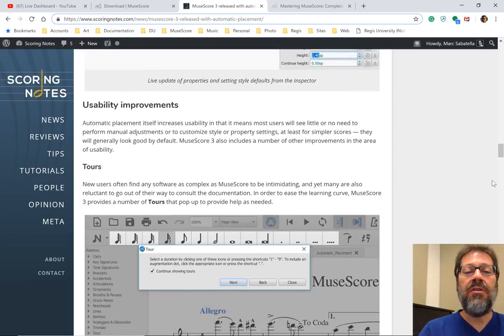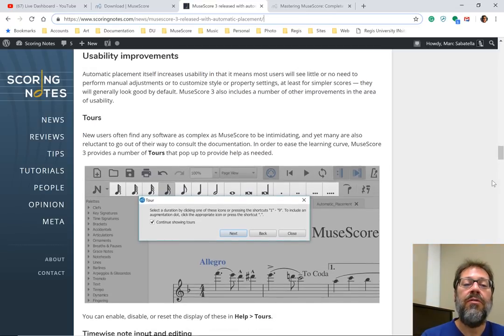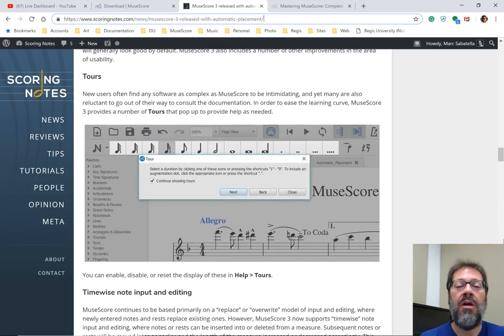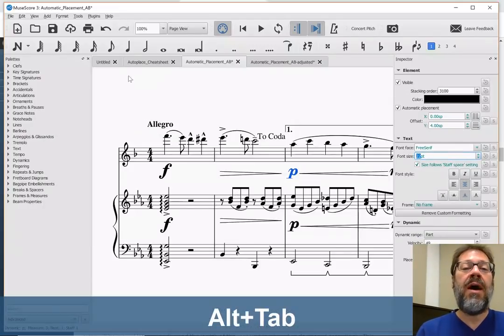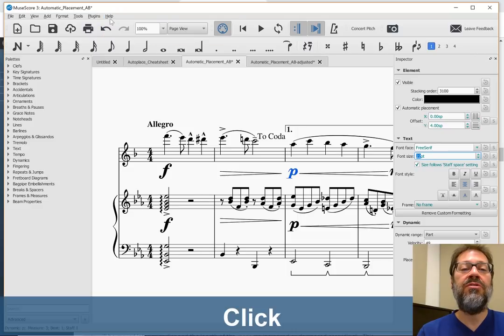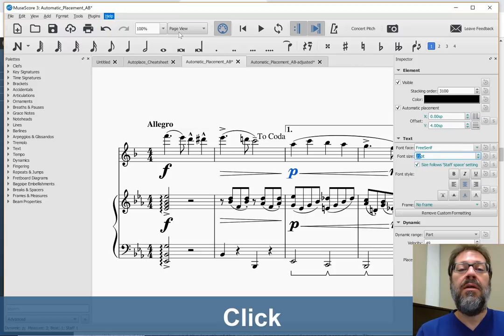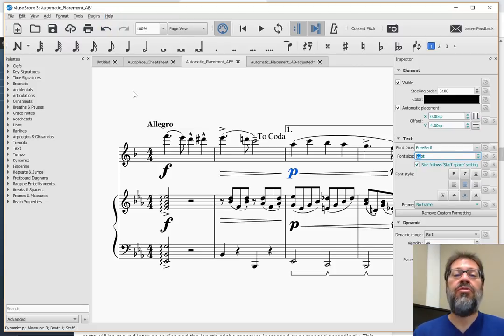So some of the other improvements here, there's the tours. So if you started MuseScore 3, you probably saw these already. I've disabled them for now so I could be doing things without seeing them, but they're really going to be useful for new users especially. So if I go under the Help menu and say Tours, Reset Tours, oh, I should actually show them. So if you were a new user now,